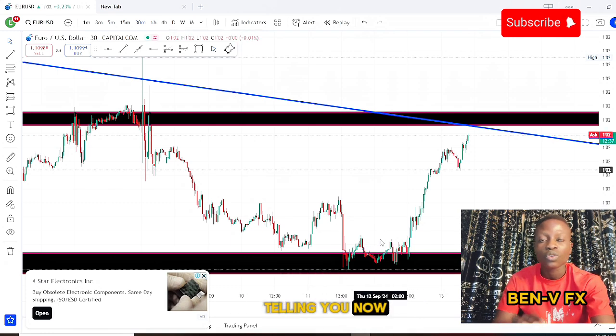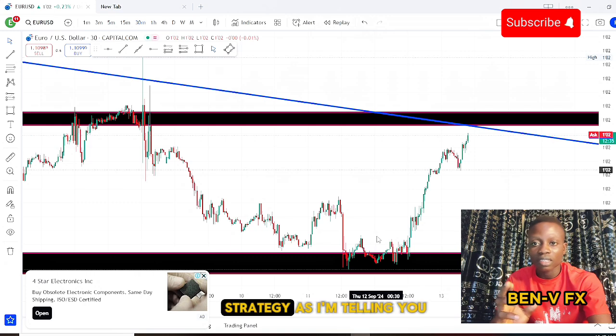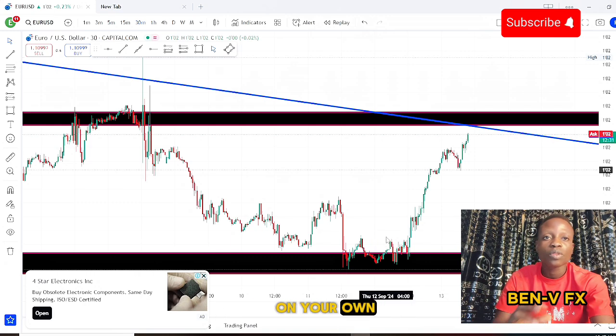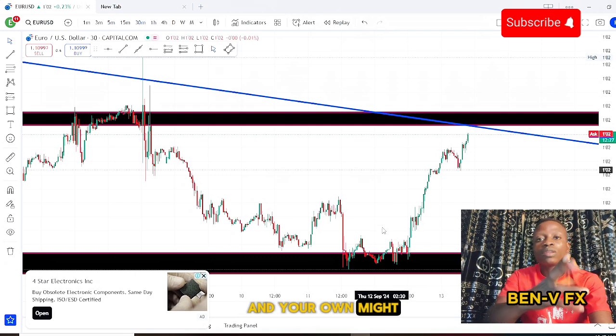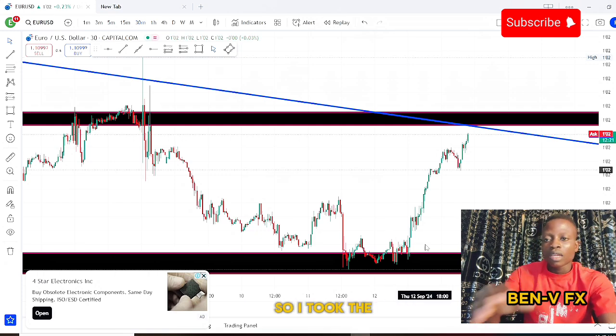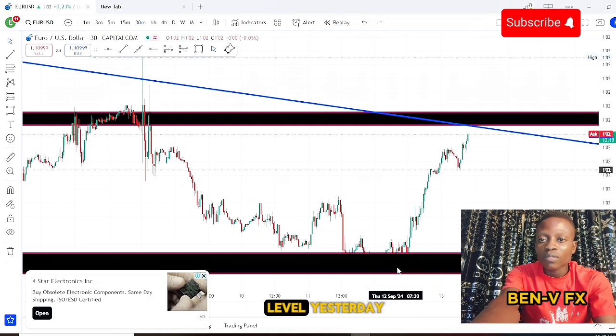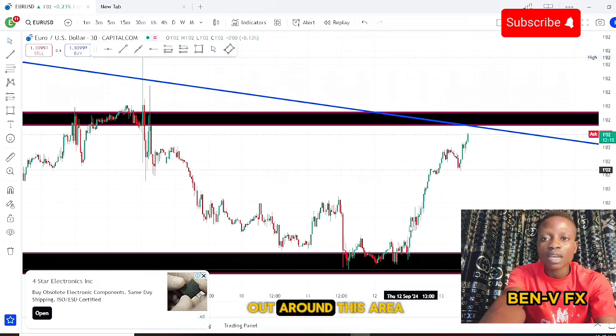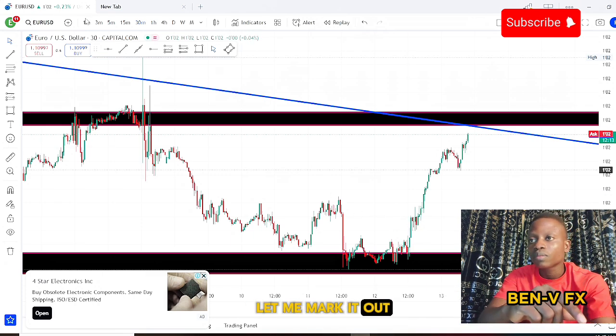I'm telling you now, you can even study this strategy as I'm telling you, and implement it on your own, but try to create your own strategy. My strategy might not work for you, and yours might not work for me, depending on how we each manage our trade. You get? So I took the trade from this support level yesterday, and the trade went well. Even after I opted out around this area, let me mark it out. Even after I opted out around this area,